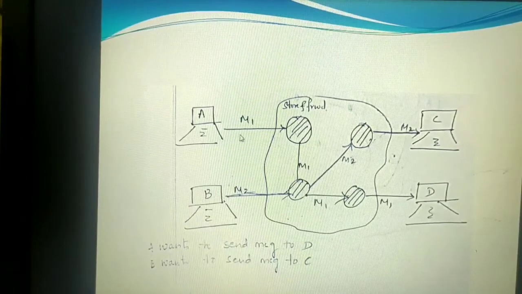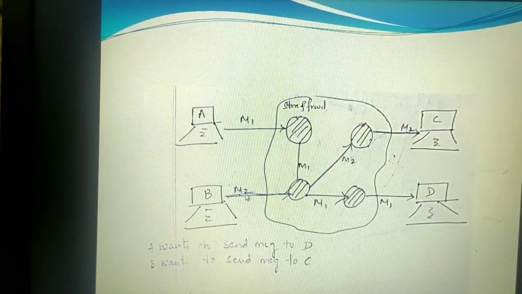Now I'll show you. M1 is the packet name, which consists of the actual message, header, source and destination address. M1 will come to the nearest switching office. It will store, and depending upon the destination address, it will forward. It may come here, from here it will again store and forward to the next, and again from next to next. It may reach.